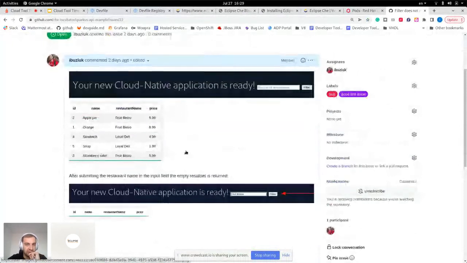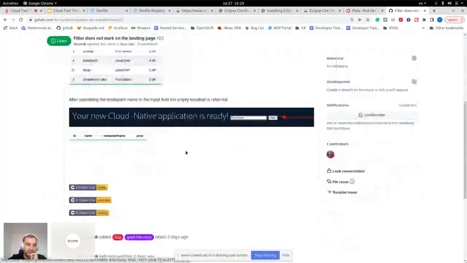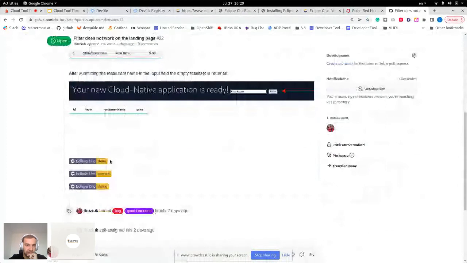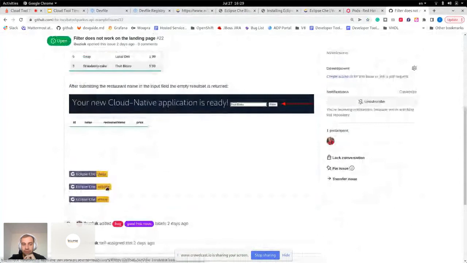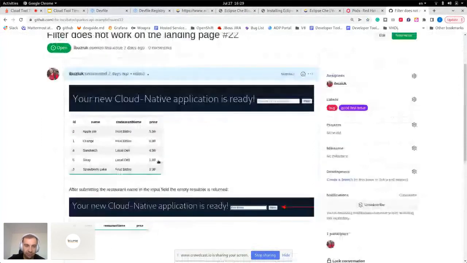And what is interesting here, I have a couple of badges. First of all, for Tea, then for VS Code, then for IntelliJ. So I can choose the editor. Let's try this VS Code. I'm just clicking on the link,